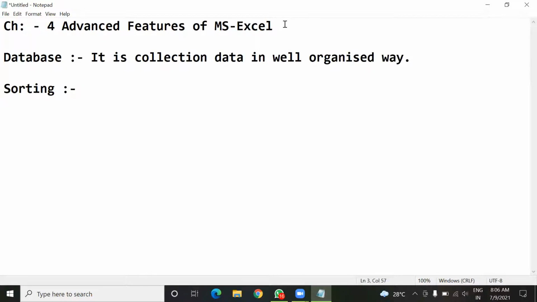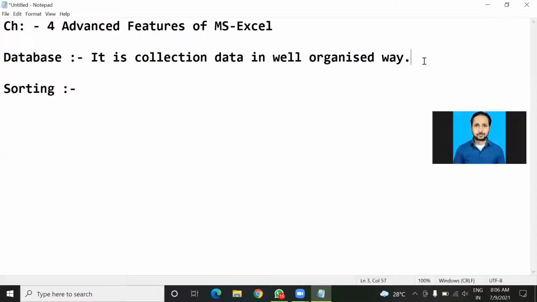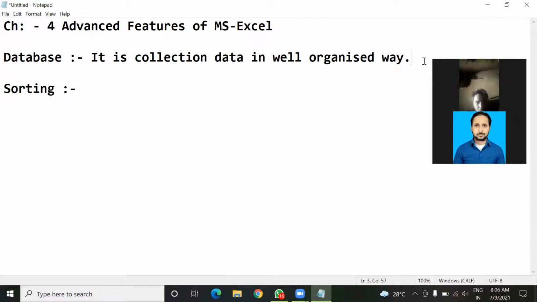So very simply, you can define a database as a collection of data in a well organized way. Here, well organized way means in tabular form, in the form of rows and columns.